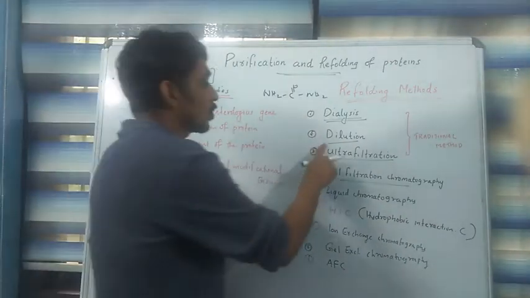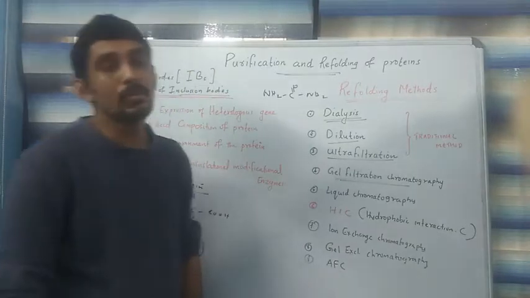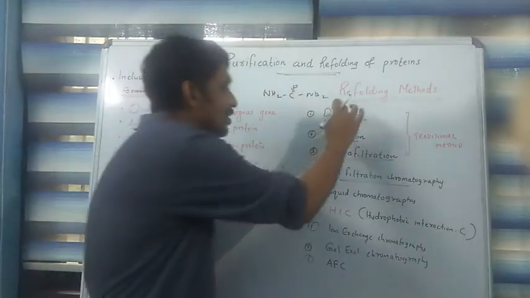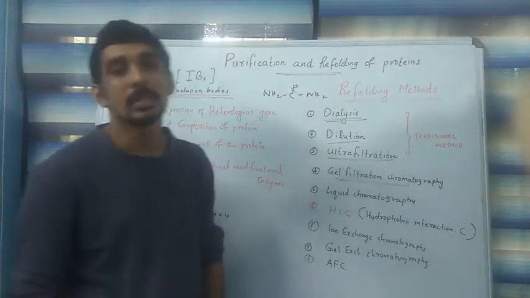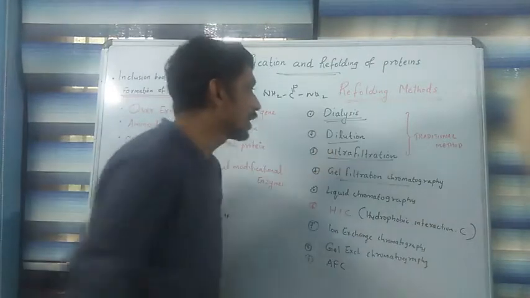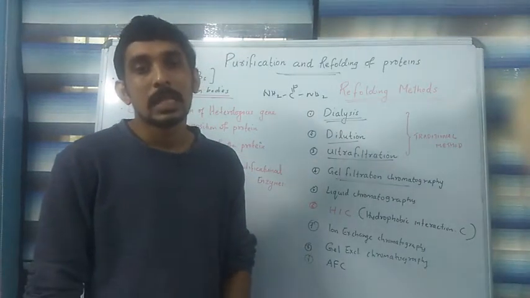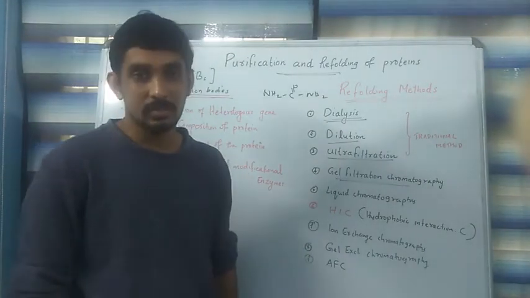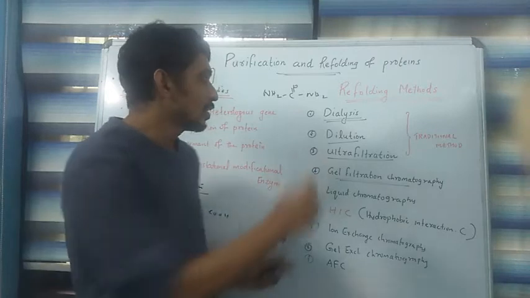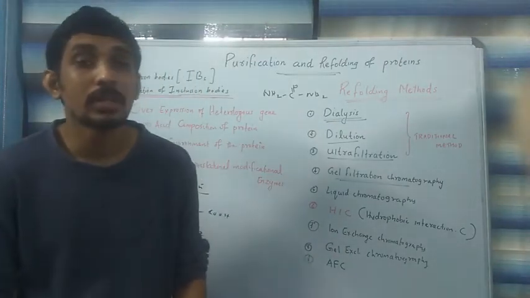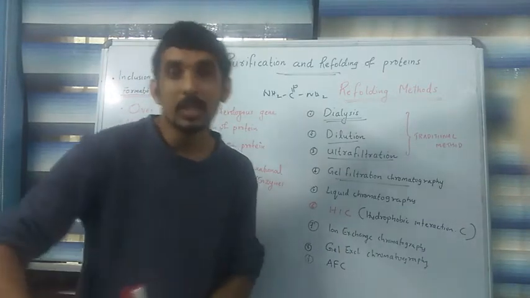Like that, we can also employ the dilution method, and we can also employ the ultrafiltration method. Among these, three are usually ancient or traditional methods. Even though we used dialysis, dilution and ultrafiltration in the past, their refolding rate or recovery rate is very, very low. That is why these methods are not employed in the scientific field now, because